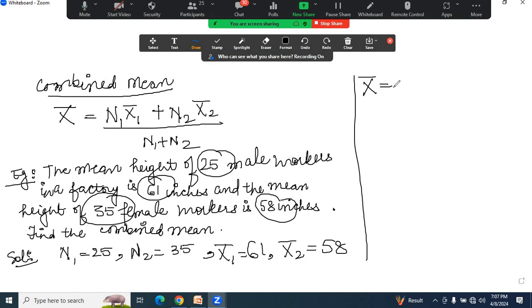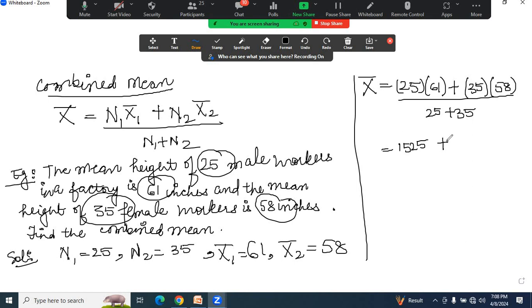So the combined mean will be, because they are segregated according to males and females, so I need to find the combined mean for males and females. So I'll put in the formula: n1, 25, into x1, 61, plus n2, 35, into 58, upon n1 plus n2, 25 plus 35. 25 into 61, if we calculate, it will be 1525